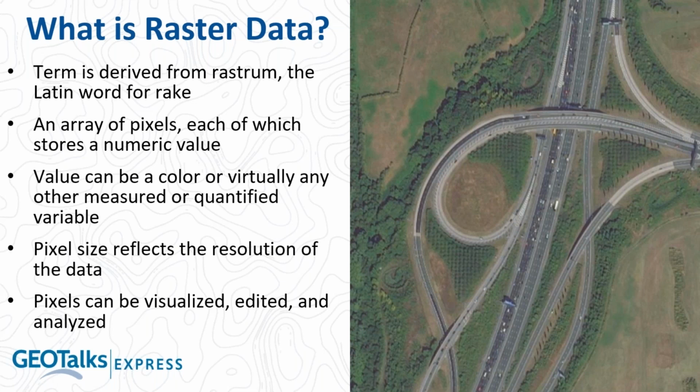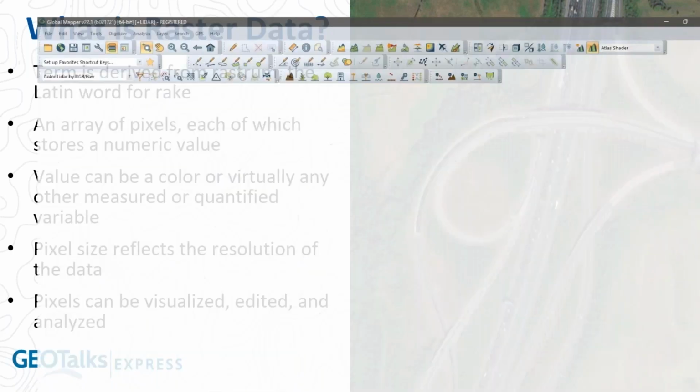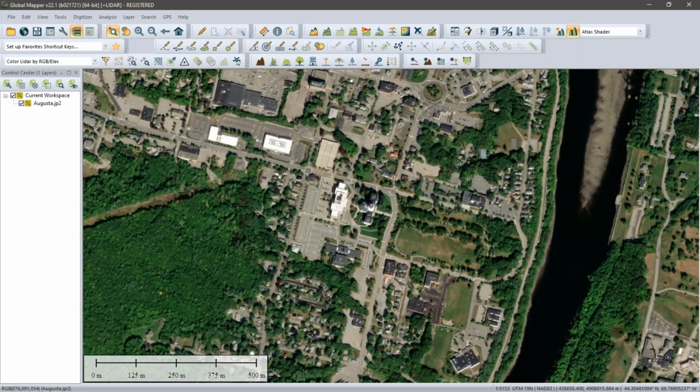And my final bullet here, as you can see, pixels can be visualized, they can be edited, and they can be analyzed. And we will go through a number of these procedures today as we introduce Global Mapper's raster processing functionality. Let's begin with the basics. I want to bring up an instance of the software in which I have a raster layer already loaded,